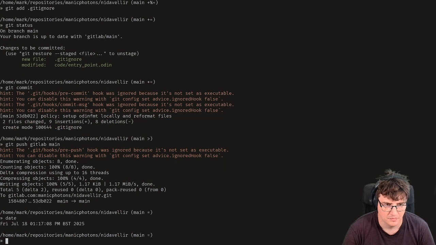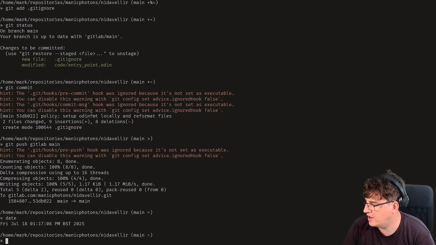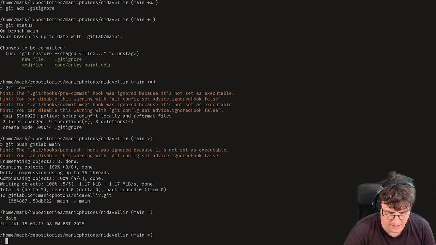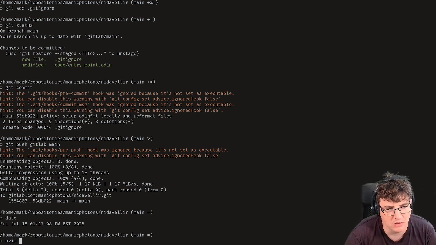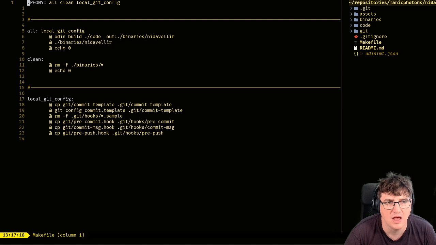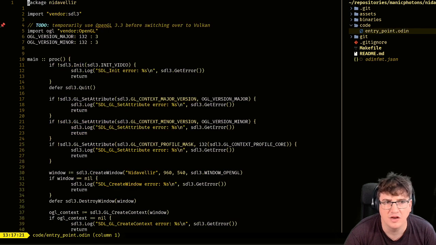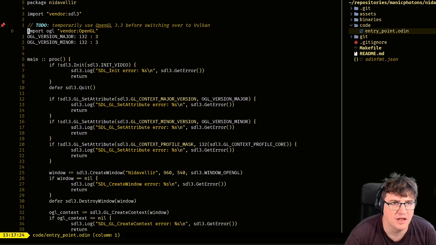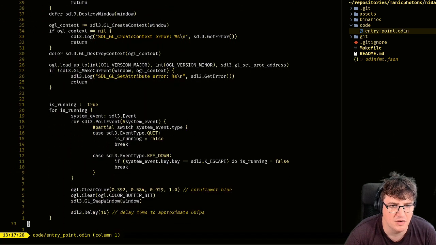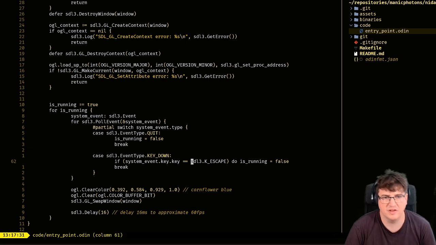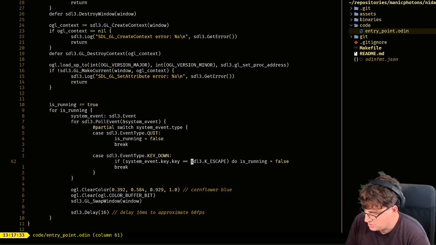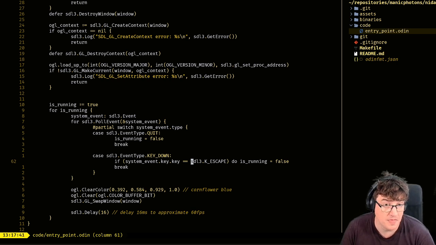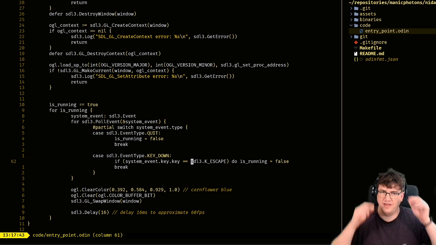20 past. Okay, unfortunately, that is all I'm able to do for now, and possibly even for the rest of today, which is rather frustrating. But we have a quickly set up SDL3 window with a little event loop. We can check for key input. So the next stages will involve finishing off this initial setup phase.